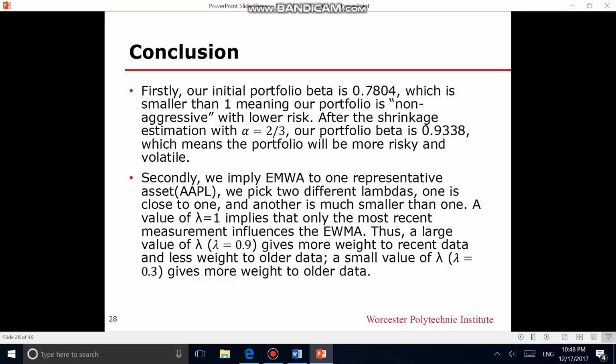Conclusion. Firstly, our initial portfolio beta is 0.78, which is smaller